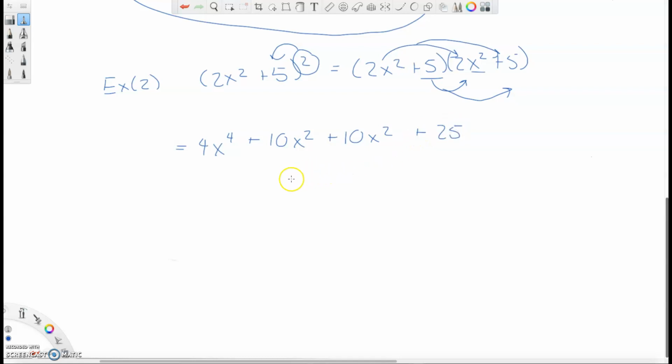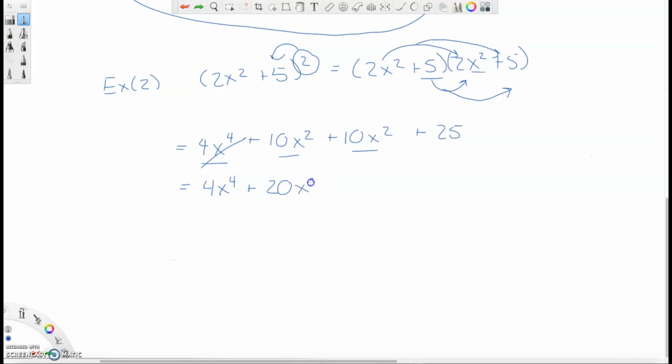All right? Now, simplifying it for the last step here, 4x to the 4th. Do we have any other like terms? x squared, x to the 0. No, no, no. So cross this guy out and put him down here as 4x to the 4th. Now we're left with 10x squared plus 10x squared, which are like terms. I can add them together. I'm going to add the coefficients. Remember, only coefficients add together when you're adding. So this is going to be 20x to the 4th, or excuse me,